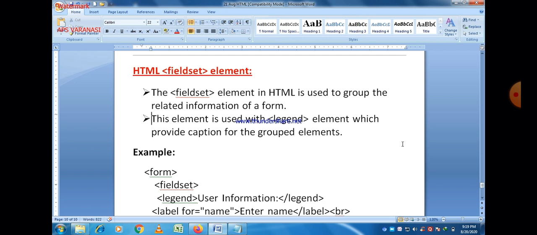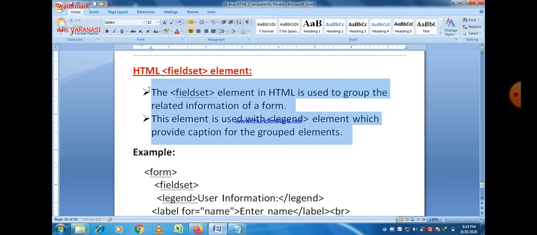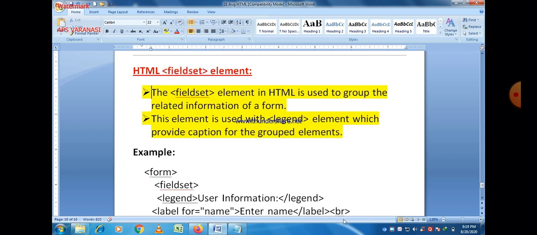So it is always used with the legend element. There is a small program to show the functionality of the fieldset element. And always remember that fieldset is always used with the legend element.